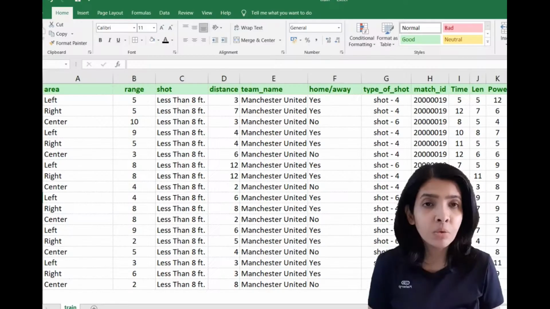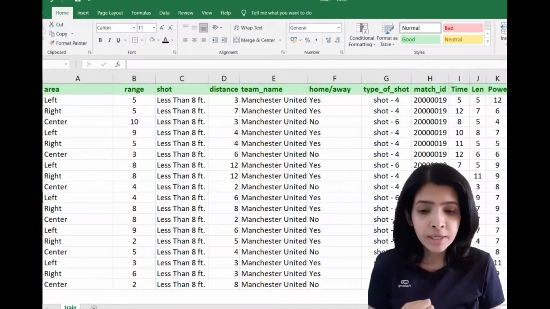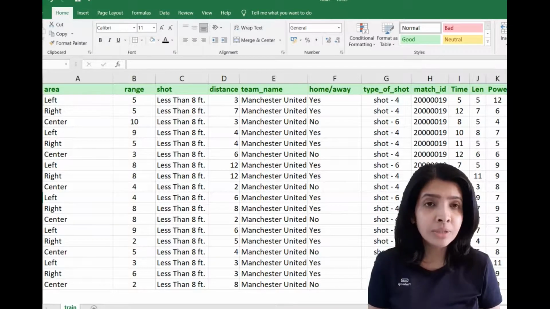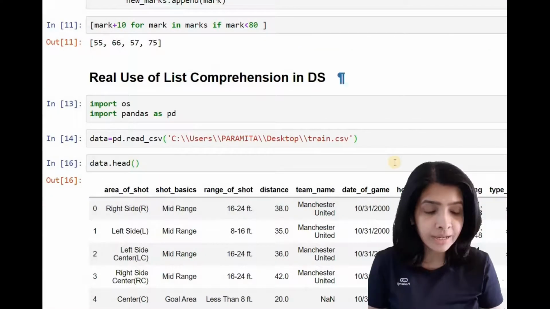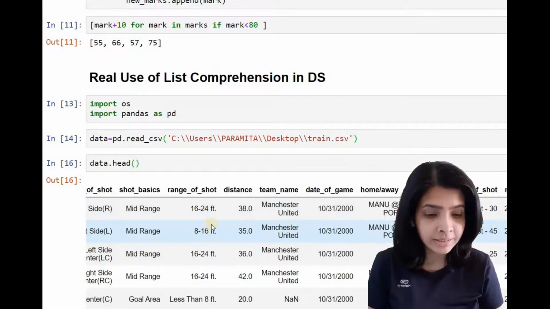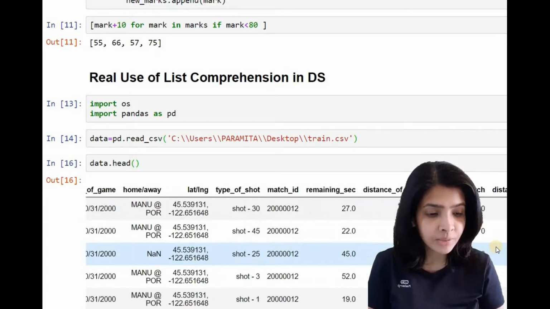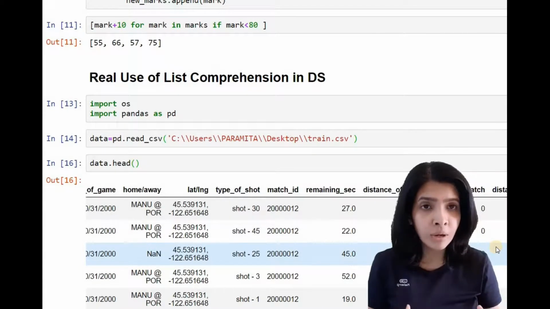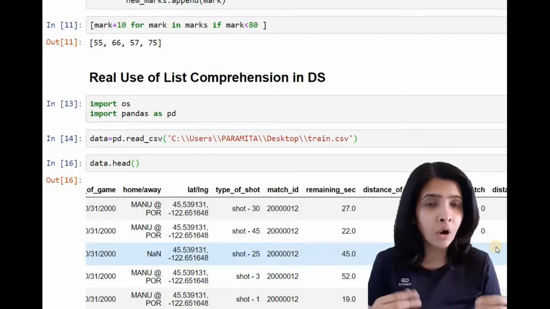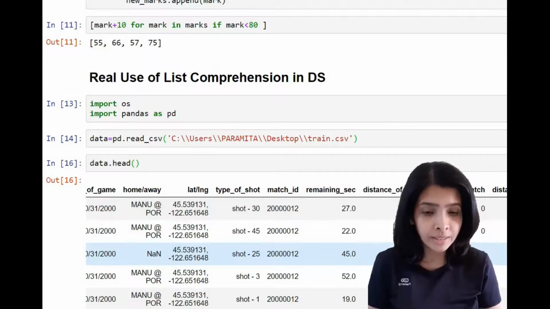Now one of the real life uses of list comprehension in the field of data science that I can recall is this: in a given data set, if I have to find the columns that are categoric in nature and the columns that have numeric data type, I can do that by using a list comprehension. I have imported a data set. You can see that there are certain columns that have text data in it and certain columns that have numeric data in it. Now my requirement is that I want the names of the columns that are numeric and the names of the columns that have categoric data in it, so that I can perform different types of operations on columns with different data types.